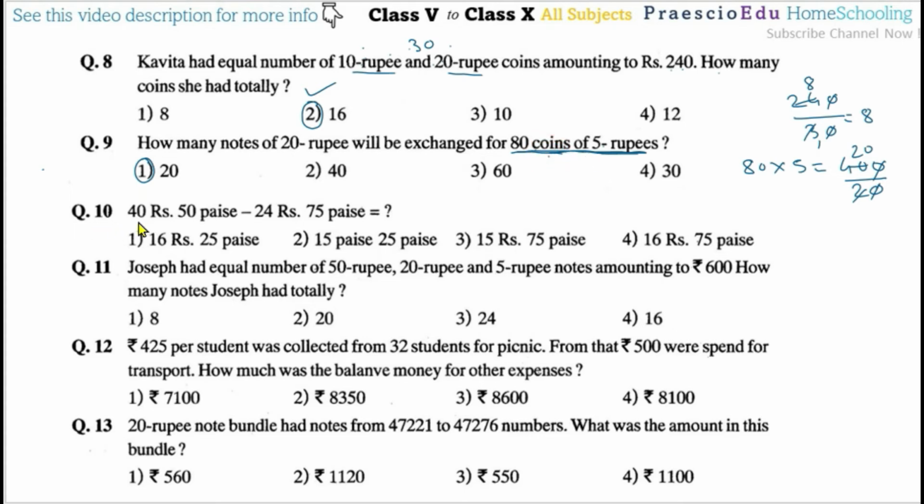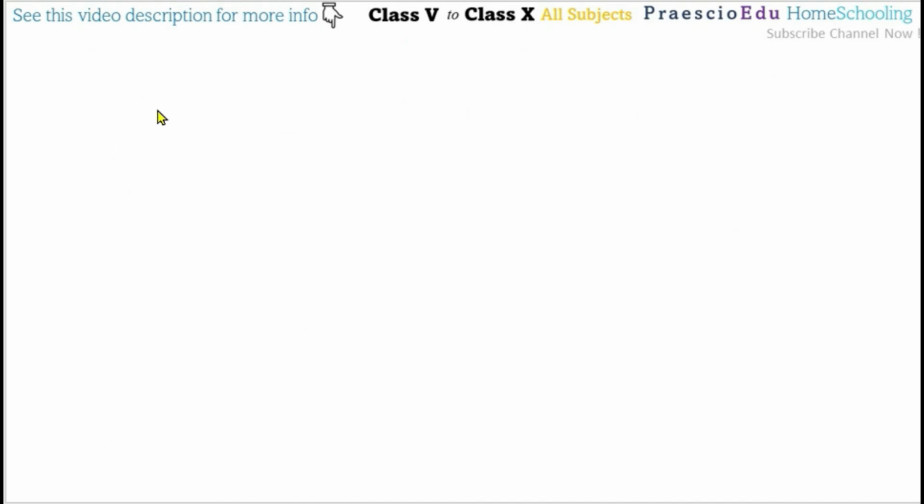Now question number 10, 40 rupees 50 paise minus 24 rupees 75 paise. So here rupees and here paise, so here 40 rupees and 50 paise minus 24 rupees and 75 paise. Here we can do the conversion of rupees to paise, because 50 minus 75 is not possible. Or, this system is in multiples of 10, means after 100 paise comes, and then we can convert to rupees. So directly we will do the subtraction in the unit place and the tens place, like our regular one.